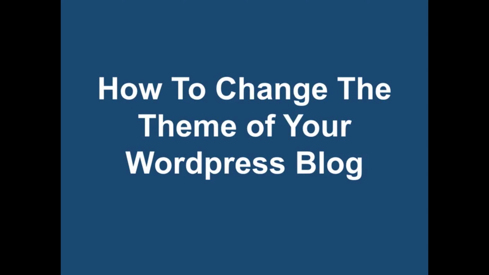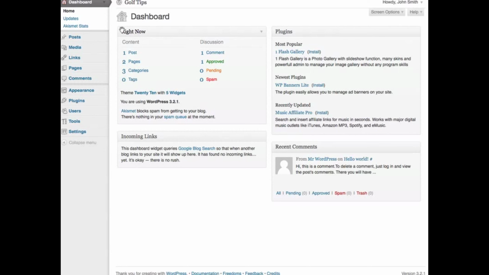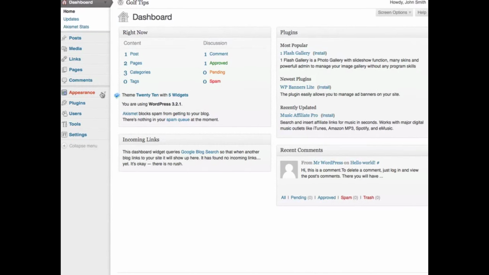How to change the theme of your WordPress blog. Changing the theme of your WordPress blog is the easiest and fastest way to give your WordPress blog a new look and feel. To do so, log into your WordPress blog, go to the Appearance section,